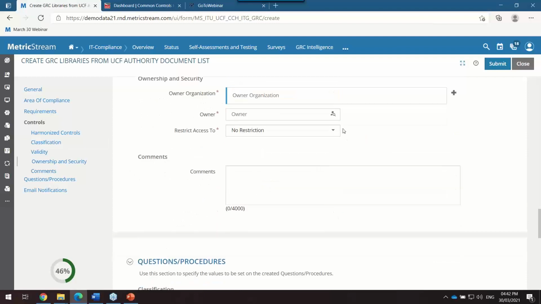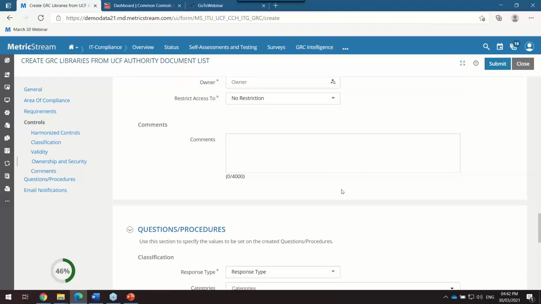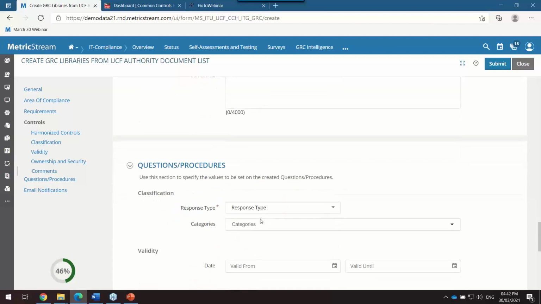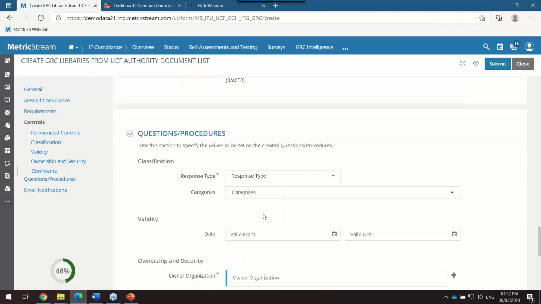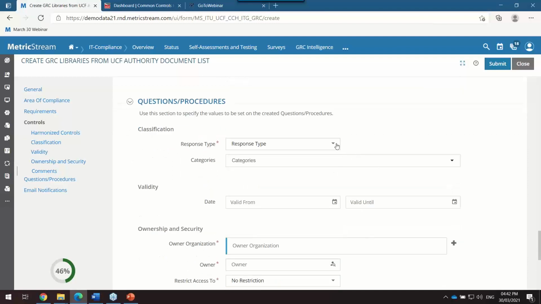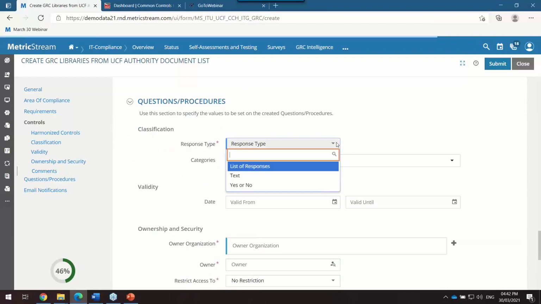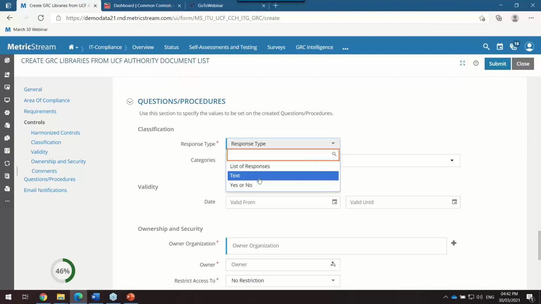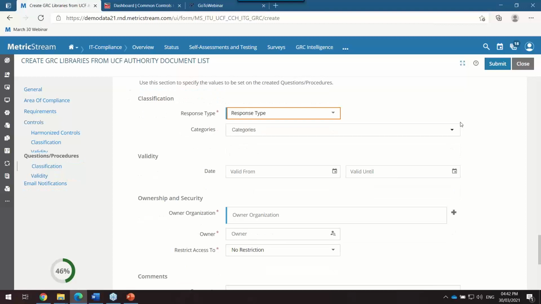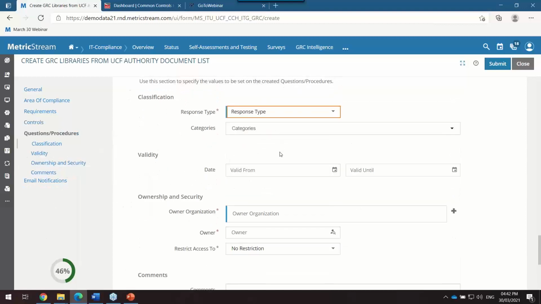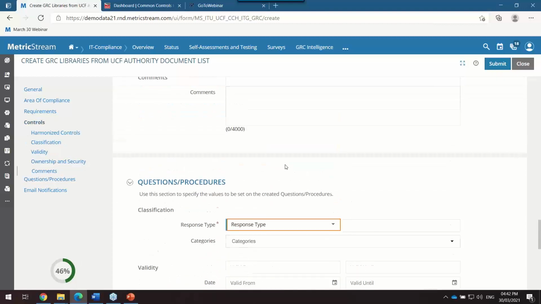And then whom do you again assign it to? We do also pull in question procedures along with the control, the requirements. It also gives you the audit questions for the given authority document list. You could also choose what could be the response types for these questions, because all of this really comes into play when I take you to the next step, which is the control test, to really answer those responses for a given regulation or a framework which is being pulled in from the UCF. All right. So once you fill this information up, it's just a one-off requirement.